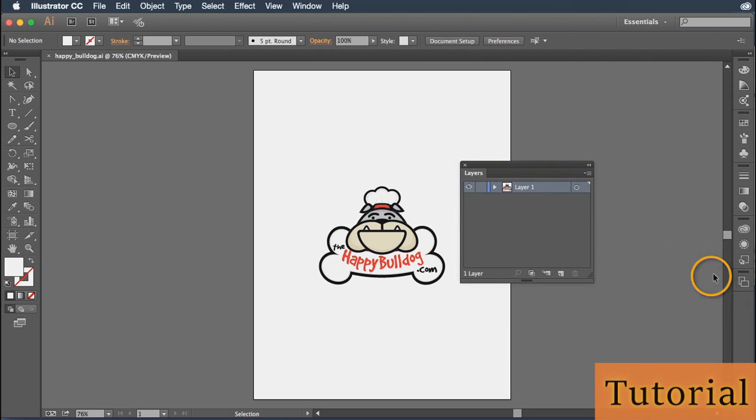So by default, when you create a new document inside of Illustrator, it will create a brand new layer called Layer 1, and this is the layer that we're seeing here inside of my Layers panel. Inside of the Layers panel, you have several options at the bottom. You have this button, which will allow you to locate a specific object. You have the Make and Release Clipping Mask button. You have a Create New Sublayer button, and you have a Create New Layer button. So basically, you have two types of layers, regular layers and sublayers. Sublayers are just nested inside of regular layers, and I'll show you how to work with those in a future